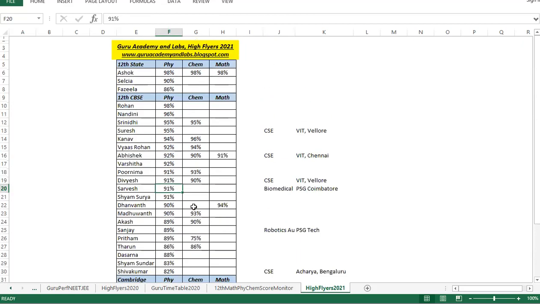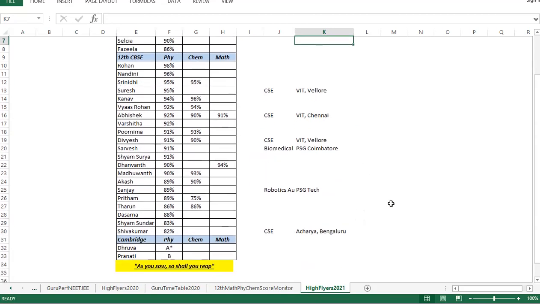Any questions? Anything which you would like to say? So all these people are students just like you. If you study properly, you will be among the high flyers. You can go to whichever college you want. Otherwise, if the marks are very low, you may not be able to choose. Whatever is available, you will have to take.